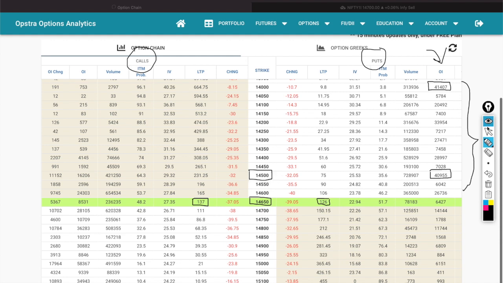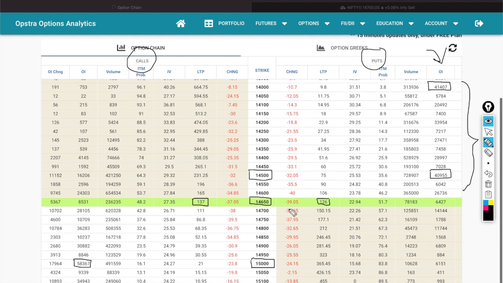Okay, and similarly for the upside, you just have to refer to the call data. Now we have seen the put, and you now have to see the call. If you come to the call, you will see this particular area, 58,000. So the OI for the 15,000 call is 58,000 crores. But if you see here, none of the other numbers are greater. 28,000 there, 36,000 there. Now we got 58,000. Just mark this particular thing.